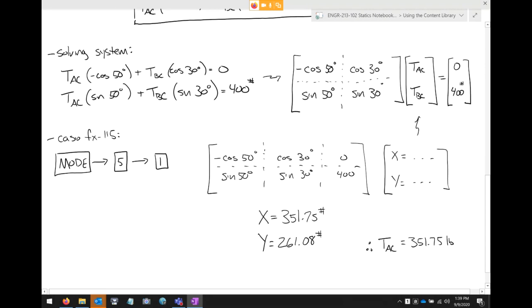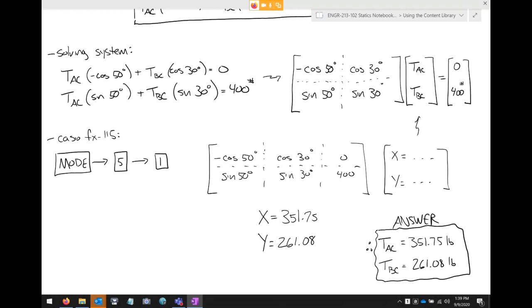351.75 pounds. Maybe I'll write the letters just to be different. And BC is 261.08 pounds. And that's my answer. I'll erase them there because this was just the numerical results from the calculator. And that's it. So those are the independent values of the tension in the rope required to keep those ropes